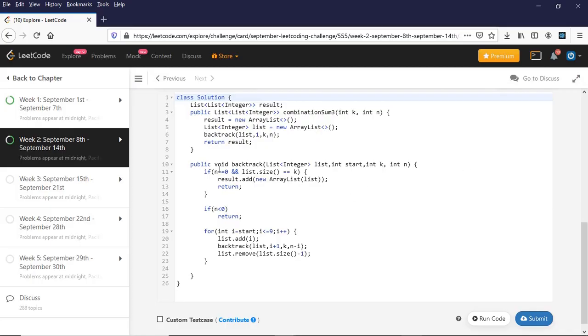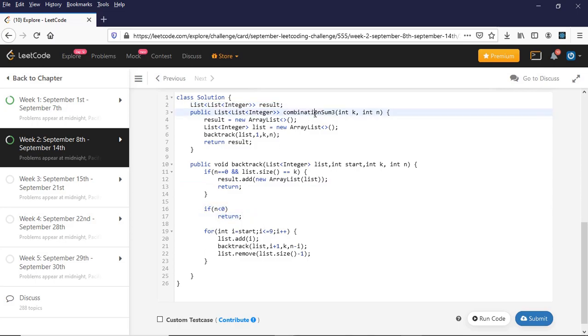Okay, so I've written the same code here in Java. The backtrack method is the same that I explained earlier. I'm calling the for loop. Inside the for loop, I'm adding to the list, recursing on backtrack, and then removing the last element that I added to my list. As a base condition, I'm checking if my n is 0 and the list size is equal to k, then add into the final result. My result is a global variable that I've declared here. Also when n is 0, I'm returning, so I'm breaking the recursive function.